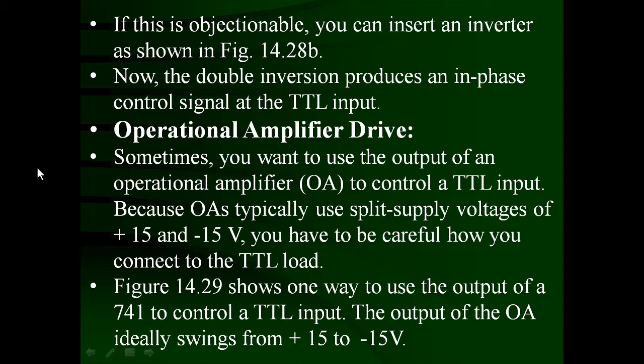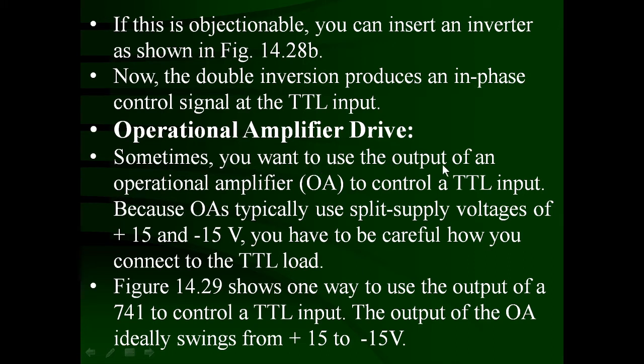So what to do? In between the operational amplifier and the TTL input, we can connect a transistor and set the VCC of the transistor to 5 volt. So when the transistor is on, the output is going to be 0, and that is the input to the TTL. And when the transistor is cut off, the output of the transistor is going to be high, that is VCC, which is connected to 5 volt. So a 5 volt input is going to be available to the TTL input. Let us see how it works.